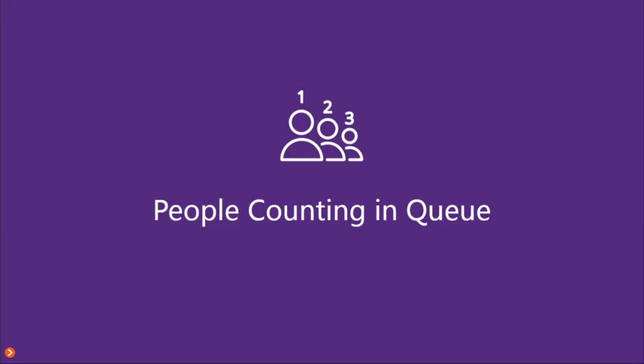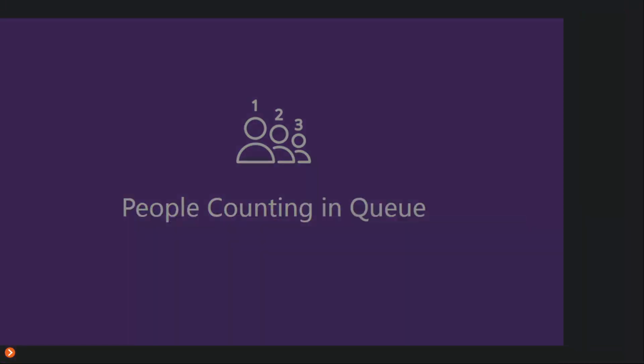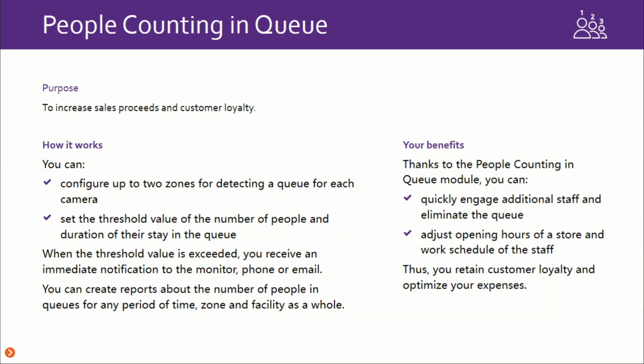People counting in queue would be the best solution for retail stores, and we are doing further development in regards to people counting in queue. 6 queues can be managed by a single camera view, and the system will be notifying you if the number of people in the queue increases than the number that you have set, or if the queue is not moving at all, so you can set the duration. If there is no movement for 5 seconds or 10 seconds, you will be notified about it.